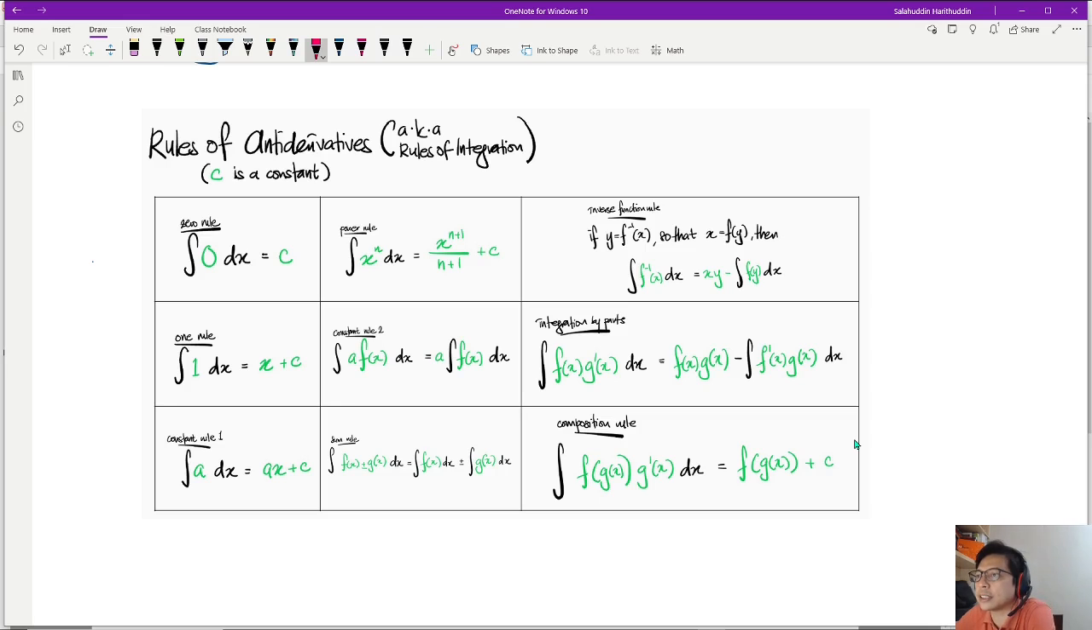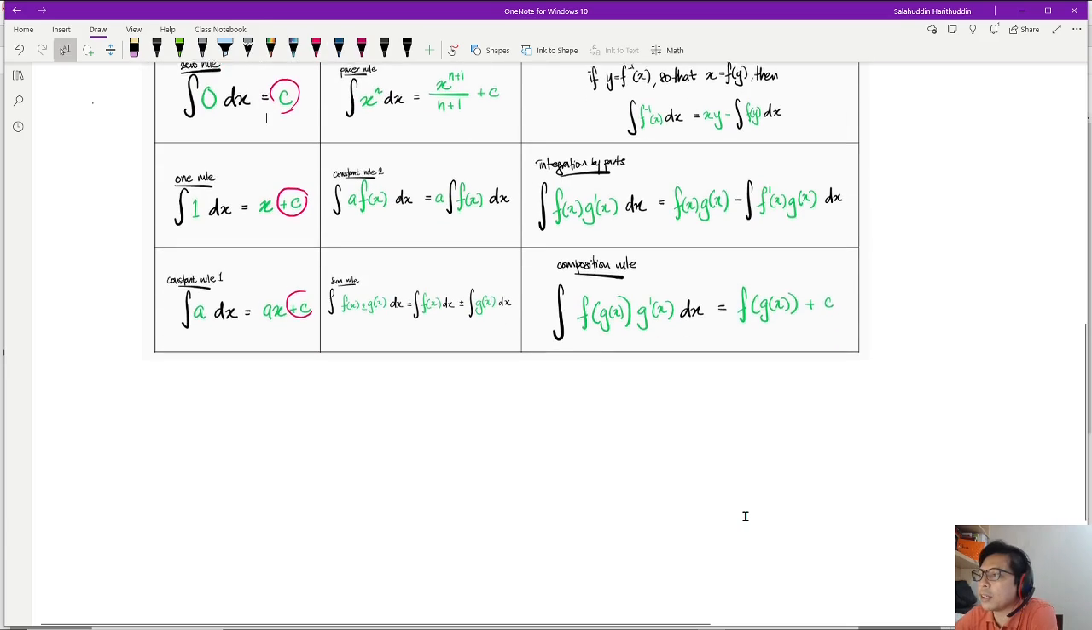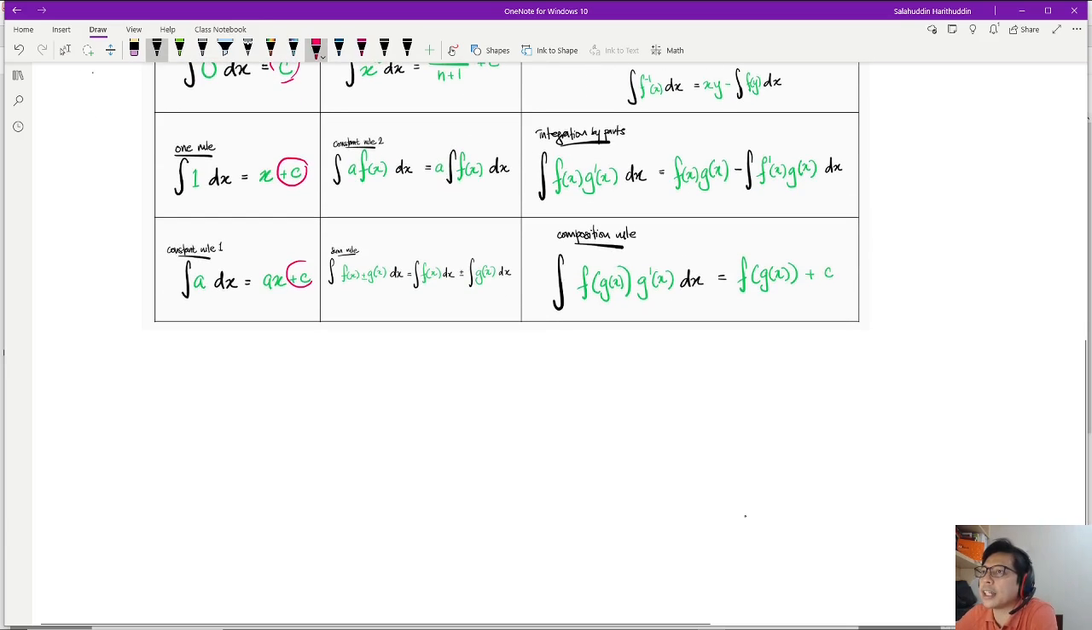C is a constant. If you integrate something with the indefinite integral, you always see this around, plus c. Okay, so what is it actually about, plus c? Okay, so let me show you this. Let's say